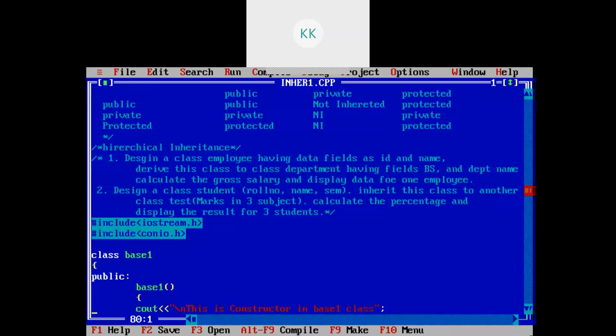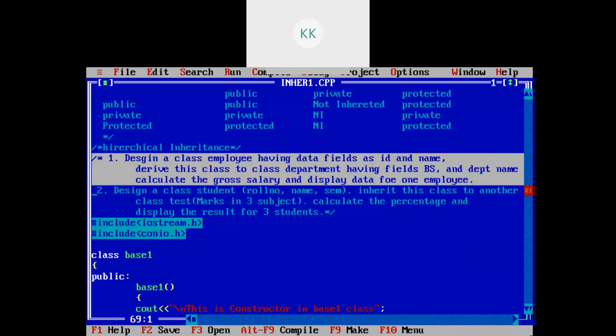In multiple inheritance, it depends upon the sequence of inheritance of the base classes which constructor will be called first. Similarly, in multi-level inheritance, the super base class constructor will be called first, then the intermediate base class, and then the derived class.